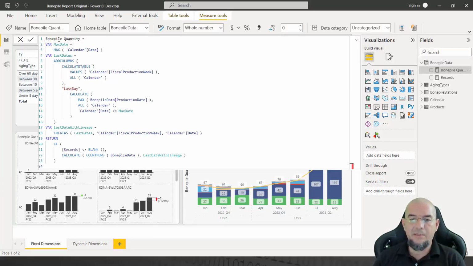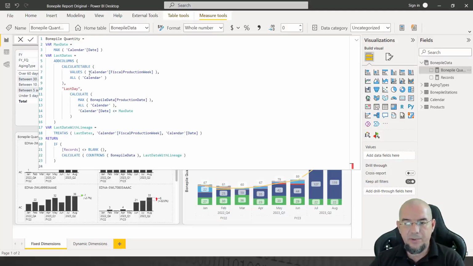So basically, Ben wanted to have in any moment, regardless of the level of calendar where he drills in, so either it's a day level or week level or month level or fiscal quarter level, he only needed the last data in the model. This is why in the measure he just built a variable max date, calculating all the time the latest date in the current filter context, building a table, adding a calculated table